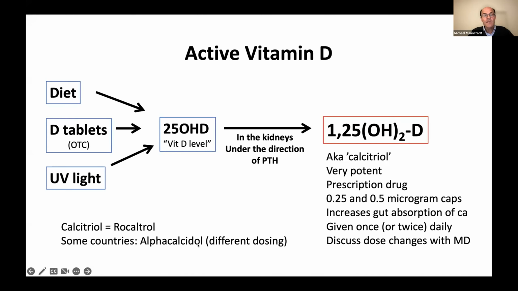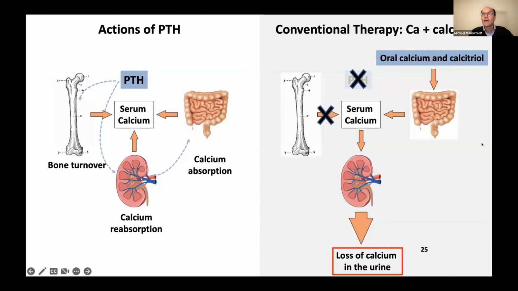In some countries, especially in Europe, they use a different kind, it's alfacalcidol, that also has different dosing. 0.25 of calcitriol is 0.5 of alfacalcidol. All right, I hope I told you useful things about vitamin D here. And that's this calcitriol that we talked about at the beginning. Together with calcium it increases enormously the percentage of calcium that's being absorbed through the gut. And if you take too much of it, obviously similar to calcium, you can actually become hypercalcemic. Your blood calcium might be too high.